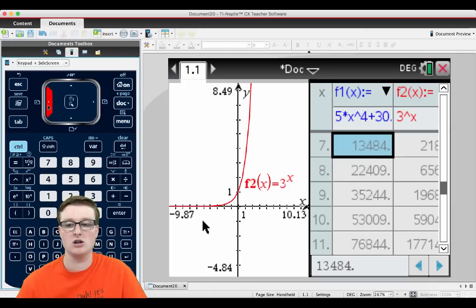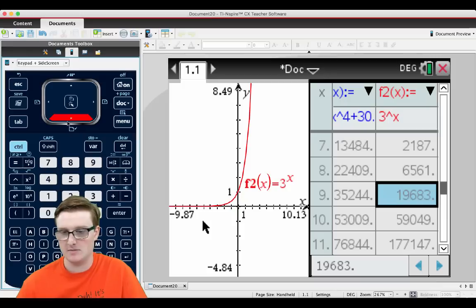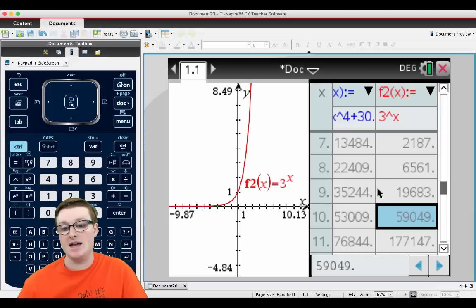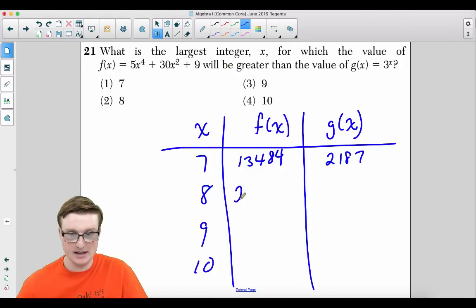Actually, no, sorry. What is the largest integer where the blue is exceeding the red? Because eventually the red will take over. So it looks like, just by looking at the values, that the red begins to take over really well at the number 10. And at the number 9, the blue is still in the lead. And how you know that is, again, if you just copy down your values,